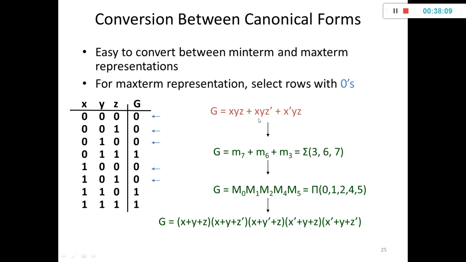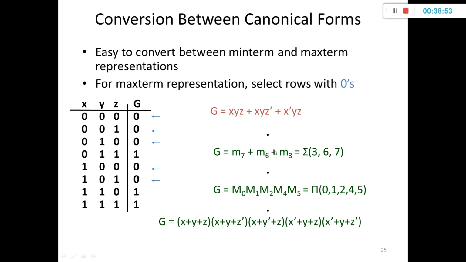Earlier, for the minterm, that is sum of product, we wrote 3, 6, 7. This is 3, this is 6, and this is 7. So m3, m6, m7, and we can write summation 3, 6, 7. This is SOP. Whichever are not there in this will be the maxterms. Very simple. For minterms we have summation, and for maxterms we use the notation pi.